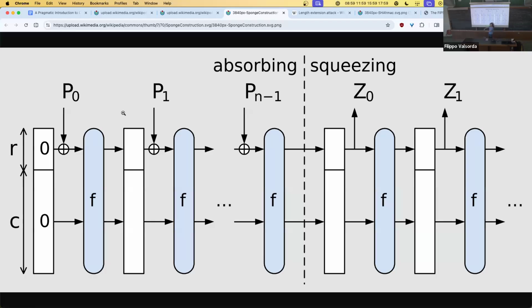And so it's a birthday attack, both for collisions, which is always a birthday attack, and for second preimages, which is a lot less intuitive, and for second preimages it is a tight bound.